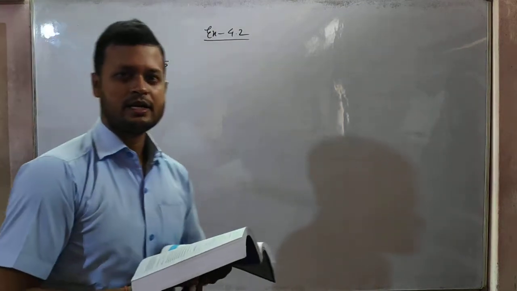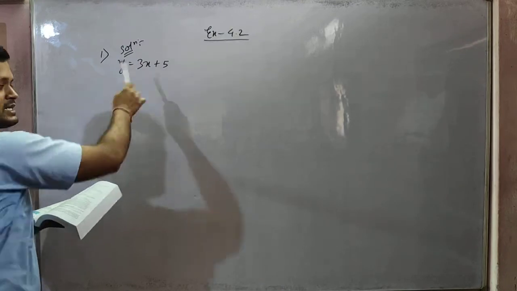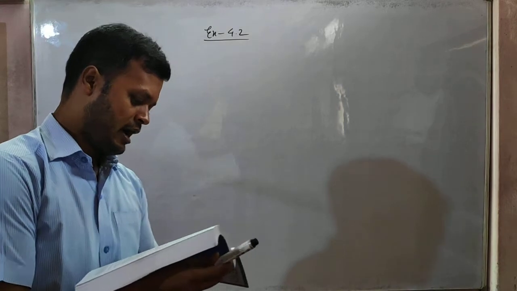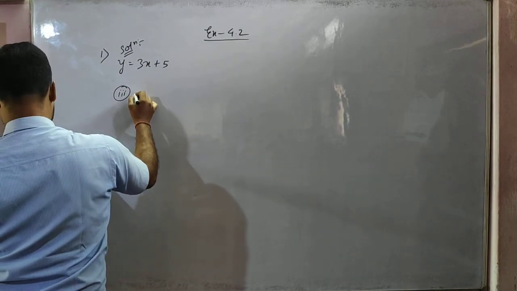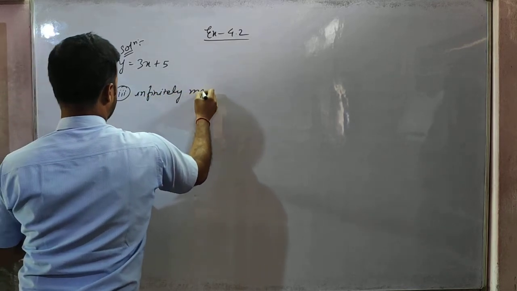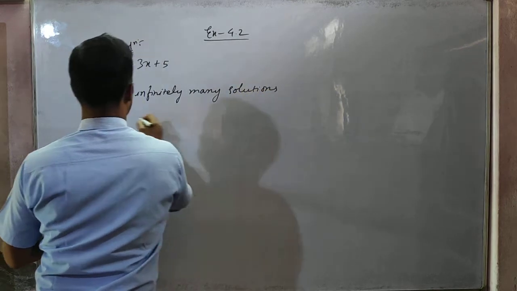This equation is what? A linear equation in two variables, isn't it? x is also there, y is also there, and two sides are there, left hand side and right hand side. So this is a linear equation in two variables. How many solutions does it have, students? Number 3, the answer: infinitely many solutions. And why? Because